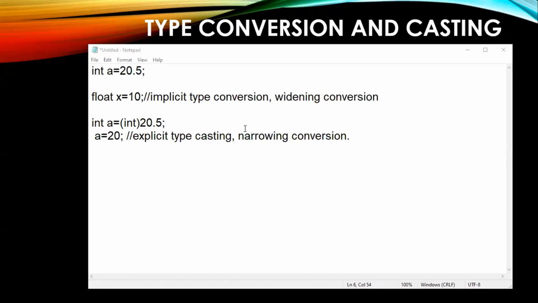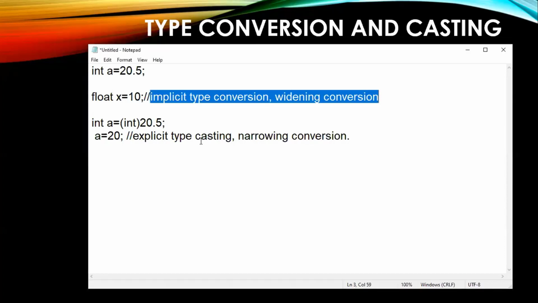Implicit type conversion can be called a widening conversion, and the explicit type conversion can be called a narrowing conversion. If you are clear with these things, we'll see the points which I have written in the slide, then we'll proceed further with respect to explicit type conversion, because there are not many details to be discussed with respect to implicit type conversion.